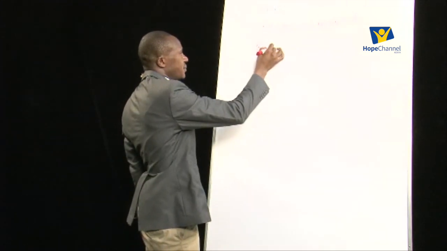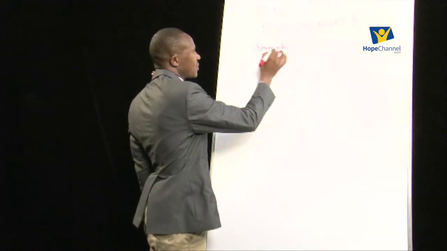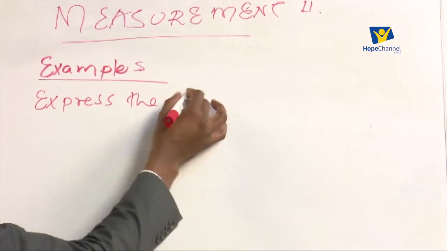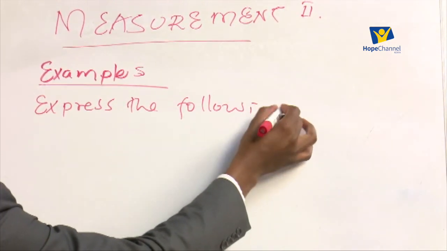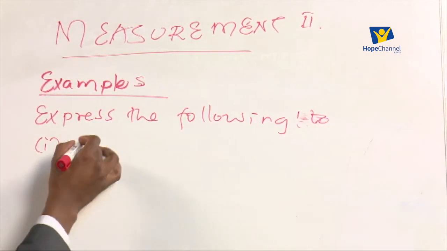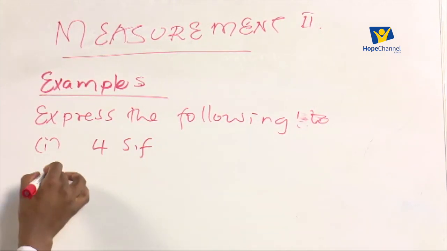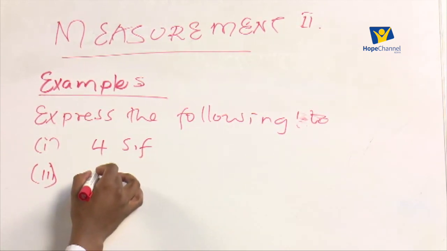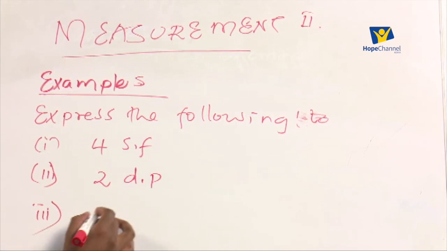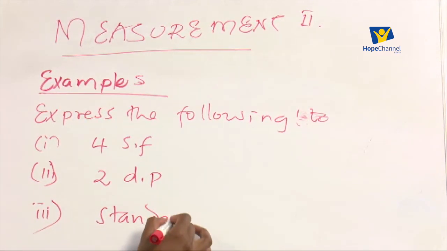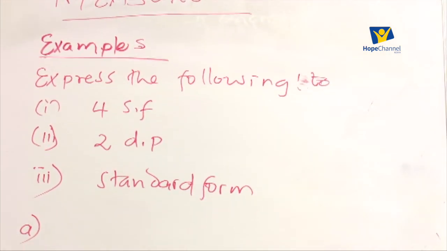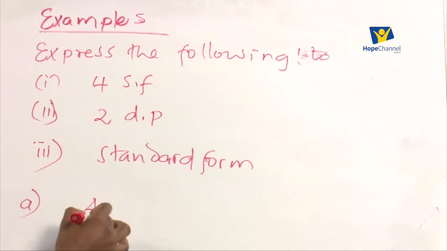Examples. Express the following to Roman 1, 4 significant figures; Roman 2, 2 decimal places; Roman 3, standard form. And so the first number that we are going to have here is